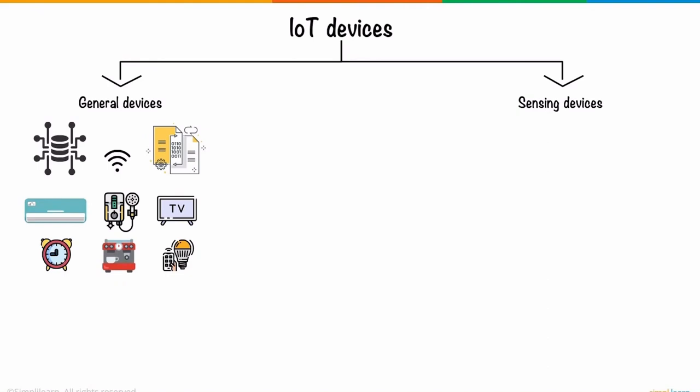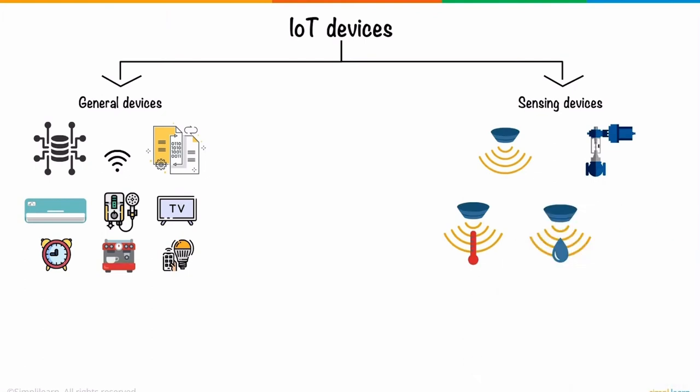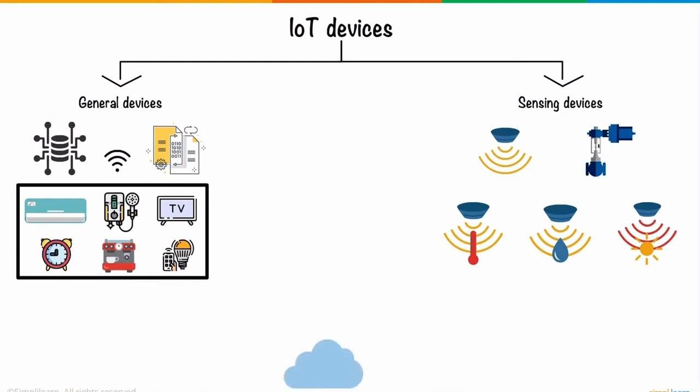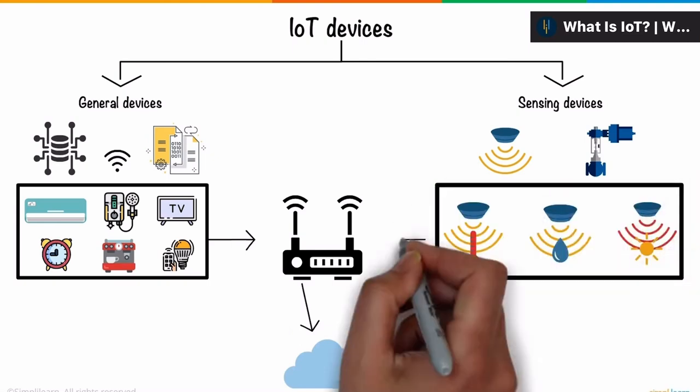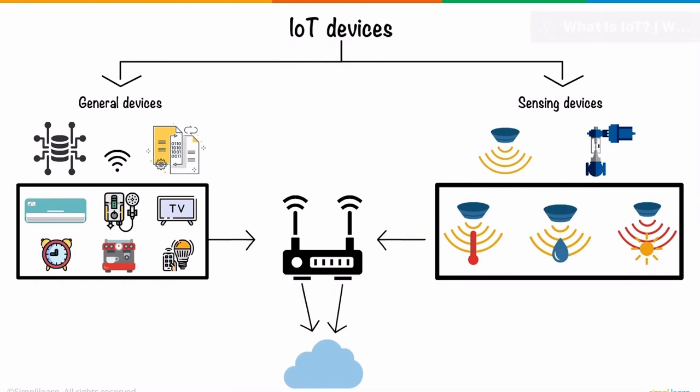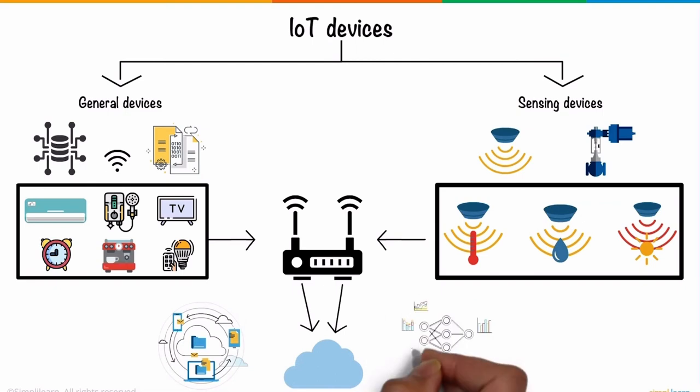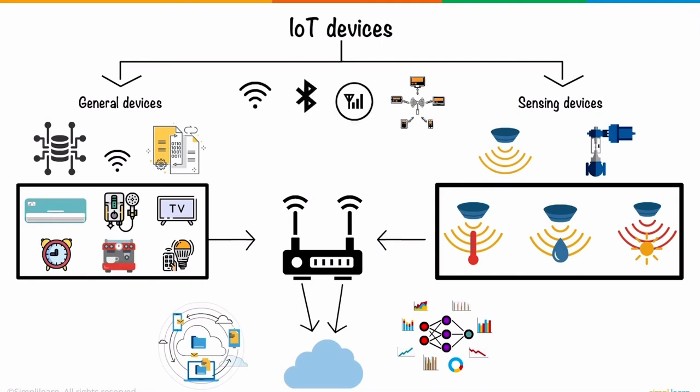The sensing devices, on the other hand, include sensors and actuators. They measure the temperature, humidity, light intensity, and other parameters. These IoT devices are connected to the network with the help of gateways. These gateways, or processing nodes, process the information collected from the sensors and transfer it to the cloud. The cloud acts as both the storage and processing unit. Actions are performed on the collected data for further learning and inferences. Wired and wireless interfaces like Wi-Fi, Bluetooth, Zigbee, GSMs, and so on are used to provide connectivity.